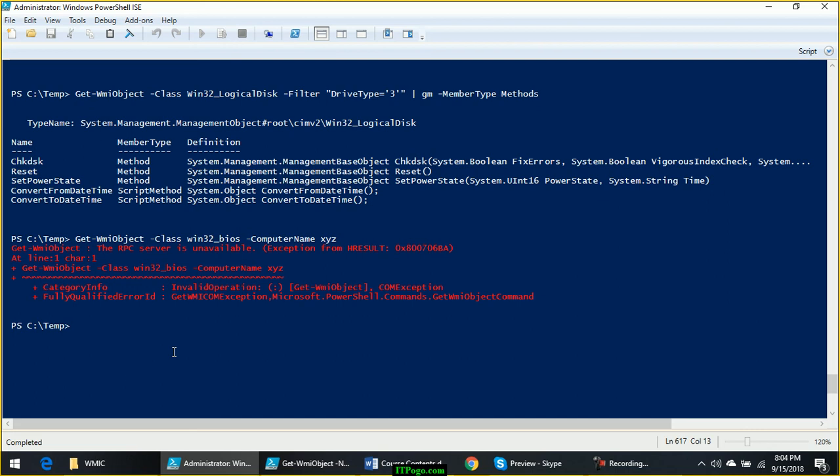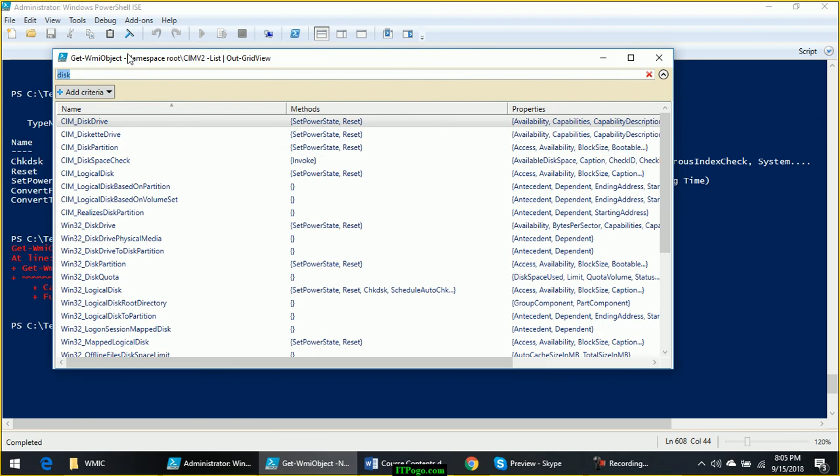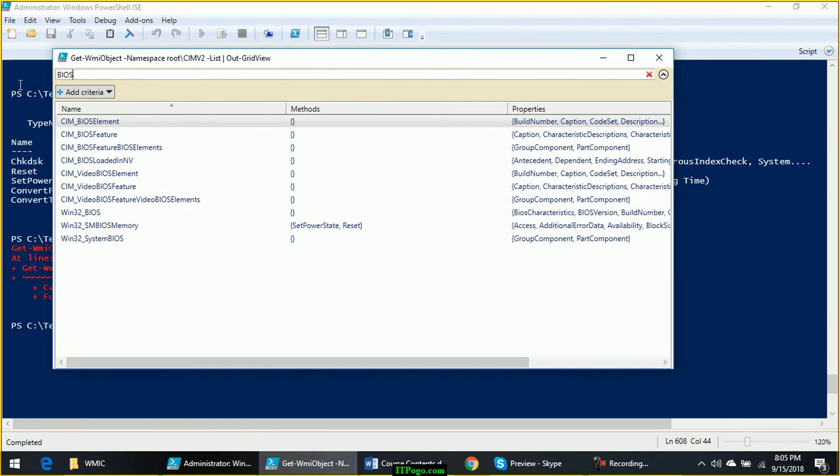Okay, how we get a WMI object is using Get-WmiObject. But how do you get a CIM instance for the same thing? For anything that you see available under WMI, most of the things are currently available as CIM also. For example, BIOS. There is a class called Win32_BIOS, which is from the WMI namespace.